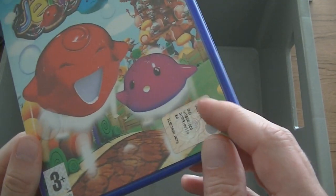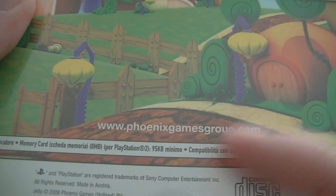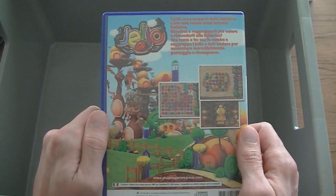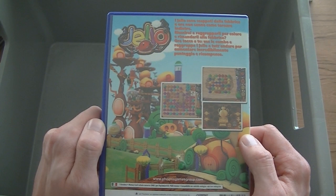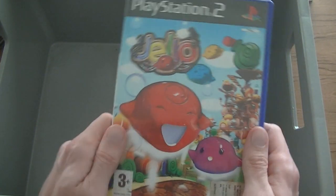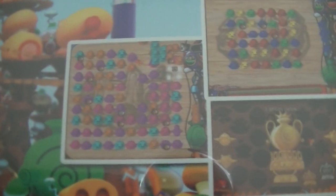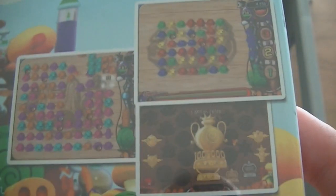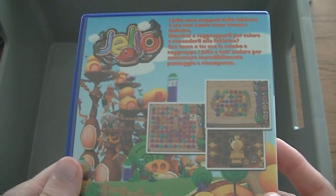Oh wait, it's underneath the sticker here. You can see it on the back as well, probably... No, actually, yeah, well, here it says Phoenix Games Group. The guys from Nuenen, which is very close to where I live, and yeah, they're famous for producing absolute shit. It looks to be some kind of puzzle game. The graphics are just horrible. Everything is horrible